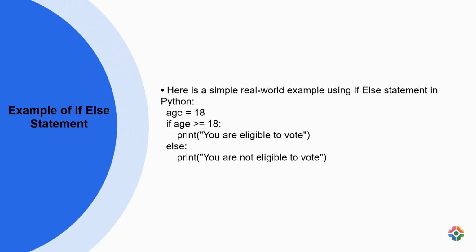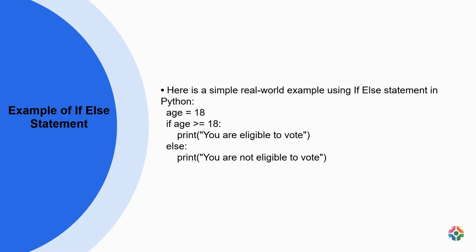An if-else statement in Python is a control flow structure that allows for conditional execution of code. In the provided example, the variable age is assigned a value of 18. The if statement checks if the age is greater than or equal to 18. If the condition is true, it prints, "You are eligible to vote." Otherwise, it prints, "You are not eligible to vote." This demonstrates how if-else statements can be used to make decisions based on a given condition, such as determining voting